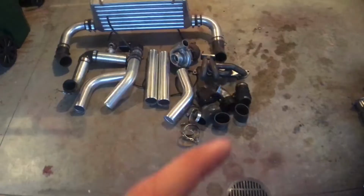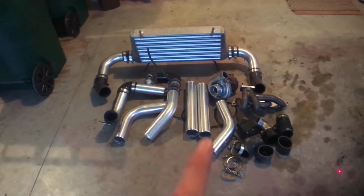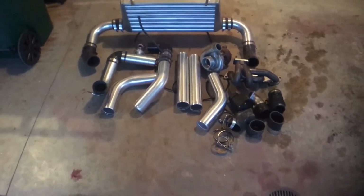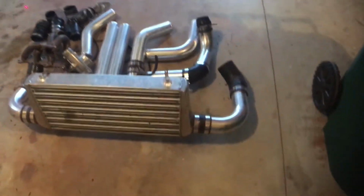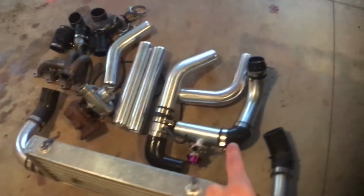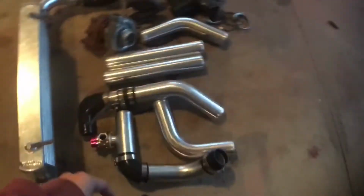And then I guess let's get into this. Yeah. So for this, I got this from a guy in Milwaukee for $200 aside from the turbo. He bought a Zenki and he's LS swapping it. So what comes with this, comes with a nice intercooler. I don't know if you can tell in the video, but it's all in good condition. It's just kind of dirty. But we got a nice intercooler. I don't know how tall it is. We got 3 90s and 2 45s. And then we got a couple straights, and then